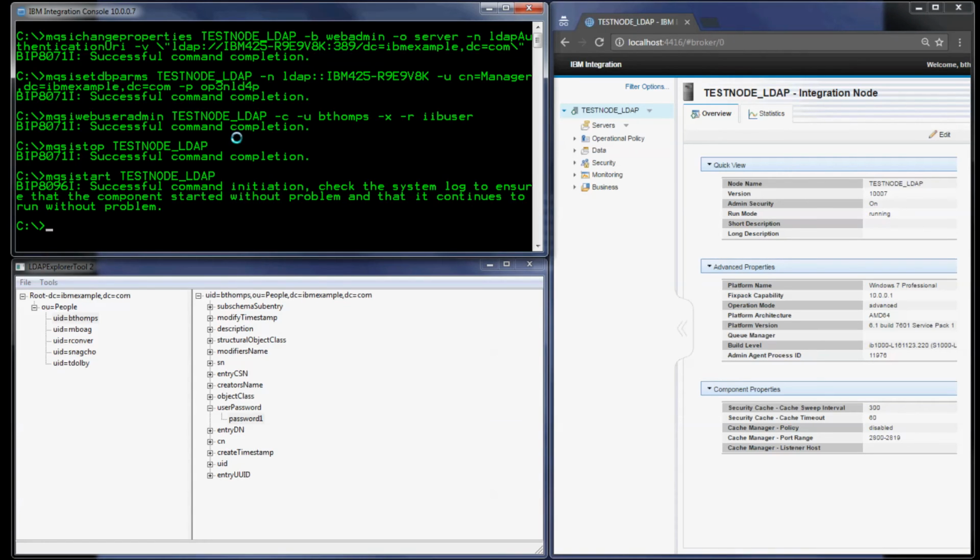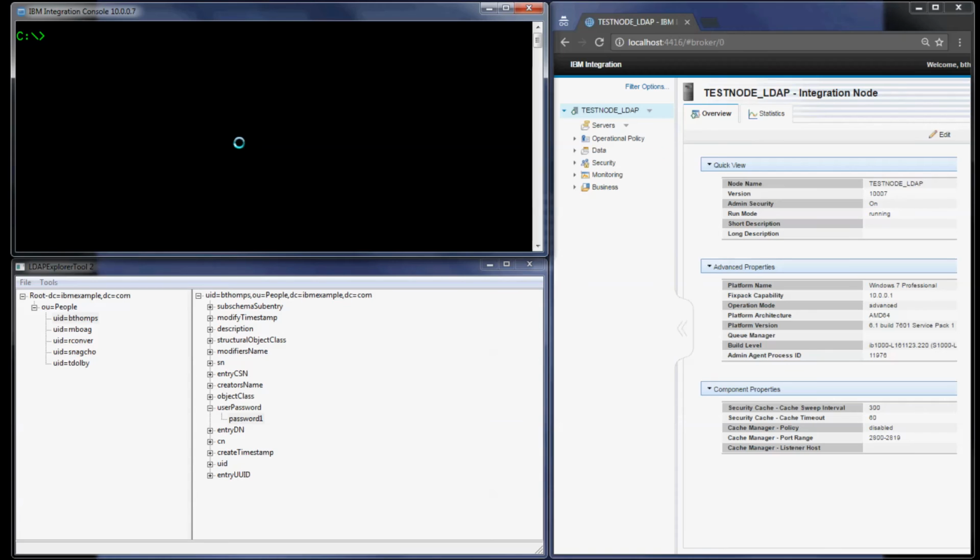So that was relatively straightforward for one user, of course, but the world isn't really that simple a place. In practice, you could have many tens or hundreds of users defined within your LDAP server, and what you would not want to do within integration bus is have the quite laborious job of typing in the MQSI web user admin command for each one of those users and mapping them across individually to individual roles. So what I can do with the command, and this is the enhancement that's come most recently in Fixpack 7,